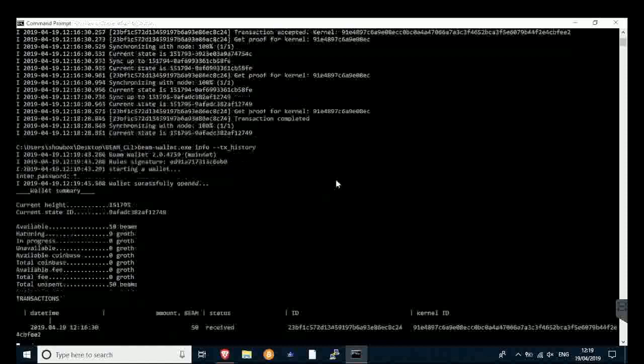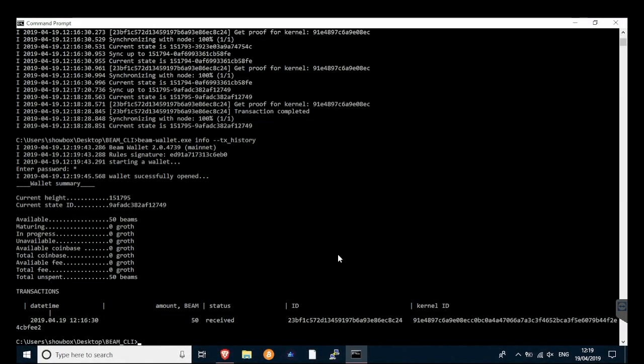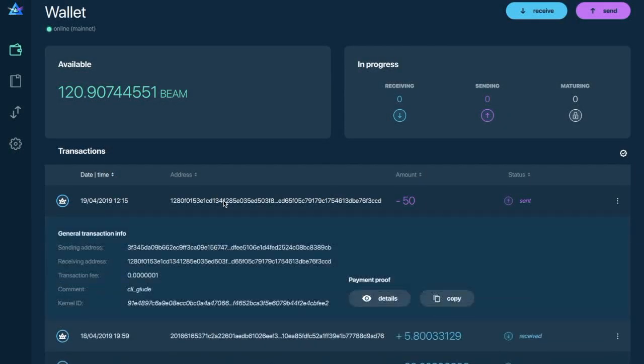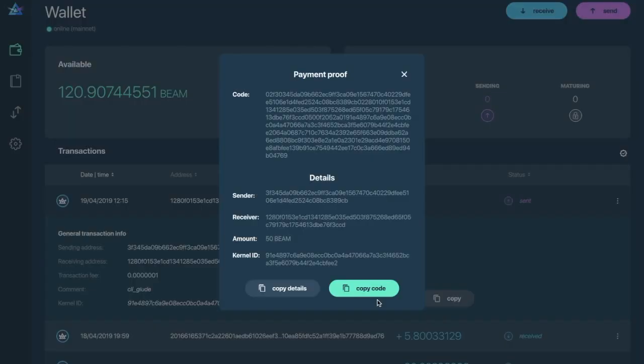There we go. And as you can see, you've got a kernel ID and a TX ID. So here we go, back into the GUI wallet, and there is our payment proof code. So I'm going to take that, copy the code, and that will move us back then